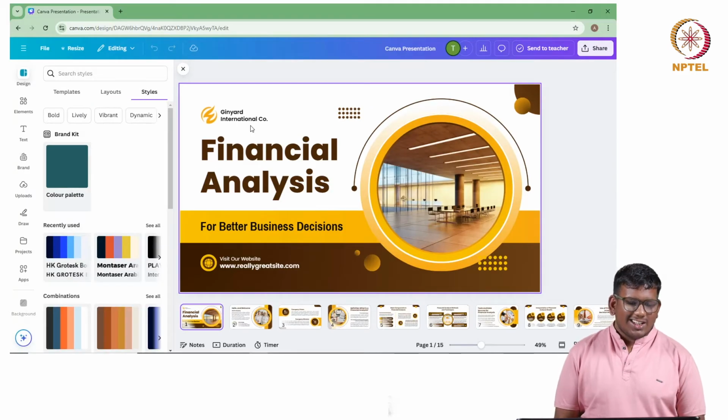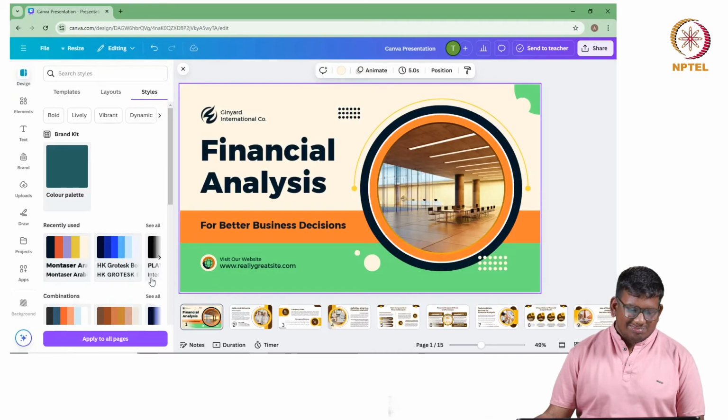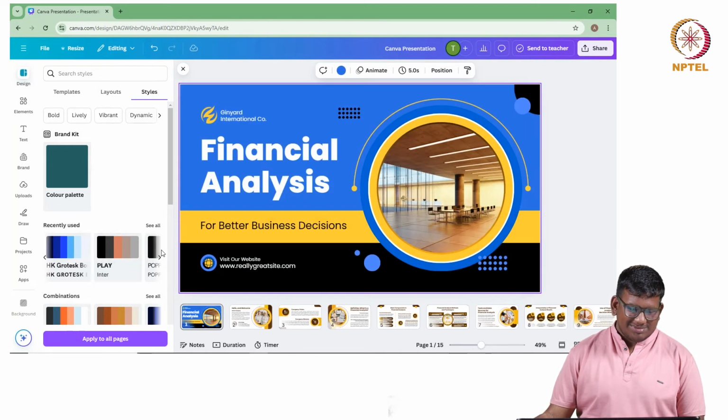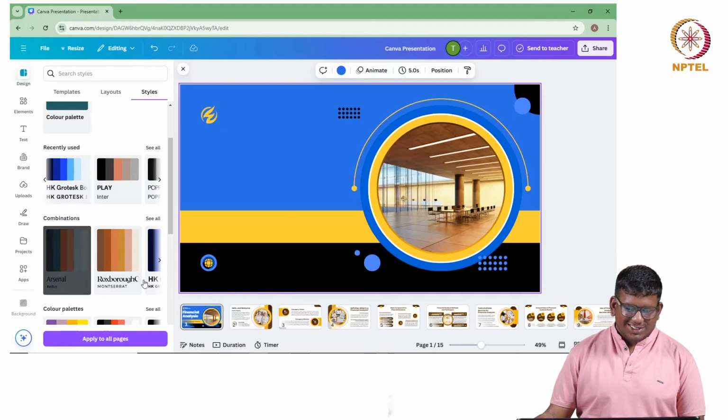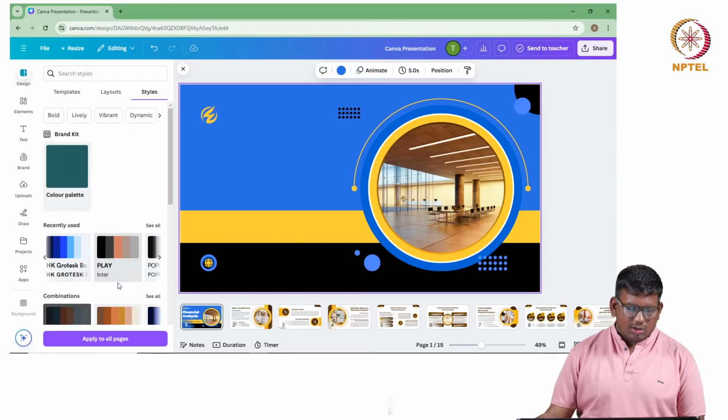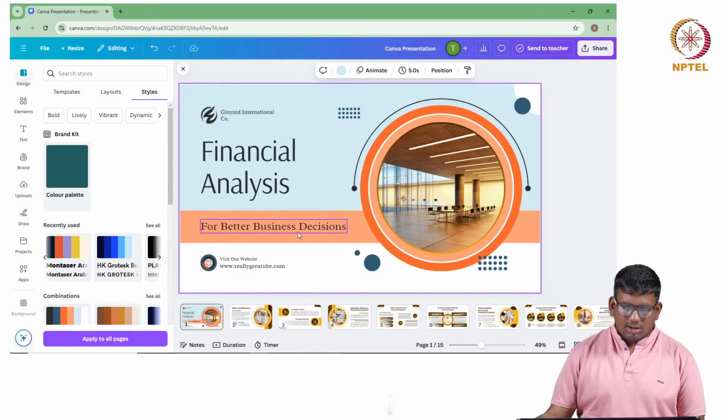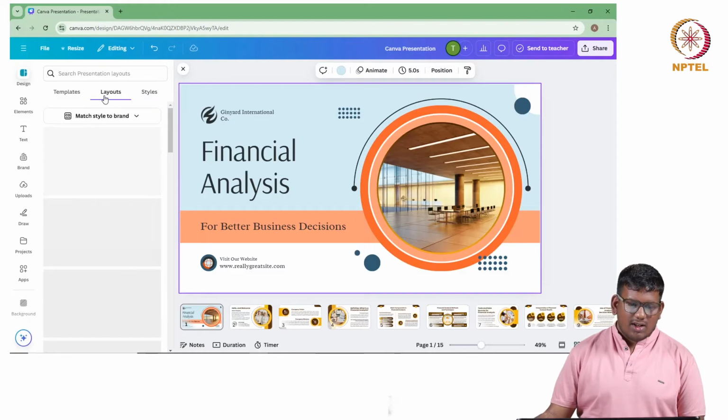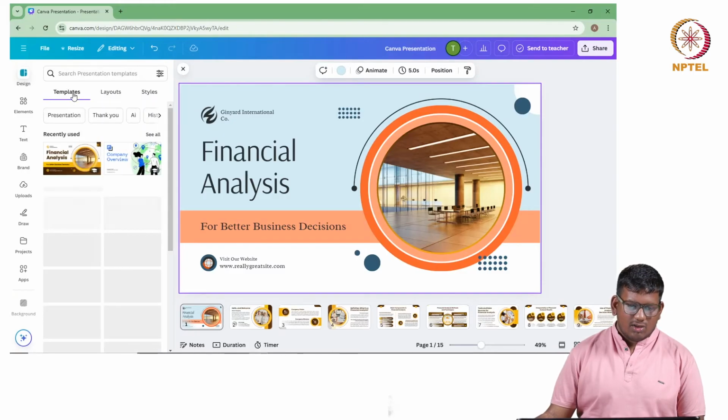So here we can see we have different styles here. So you can use any style that you want. I can go with, it's not good, it's hideous, but yeah, let's try. No, I'm really sorry. You have to go through this, but let's try this one. What I mean is that you can try any bunch of styles that you want to use on your slides. You can try any slide, any design that you want. So you can test it out with different styles. You can have any match style to brand or layout that you want to match.